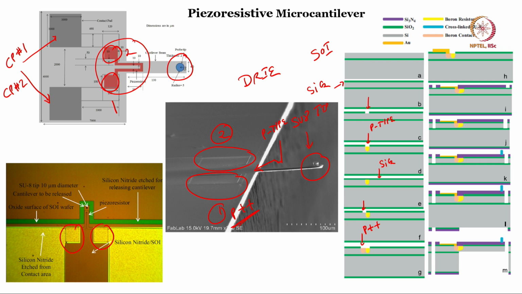The piezoresistive material, the resistor, is P, to make sure that the contact, which we take further, which is here, this whole contact pad, is gold, everything is gold. So to have an ohmic contact, we need to make sure that the conductivity of the contact pad is high, that is why we have P++. After that you can make a gold contact to take the contact pads outside, and then you have silicon nitride